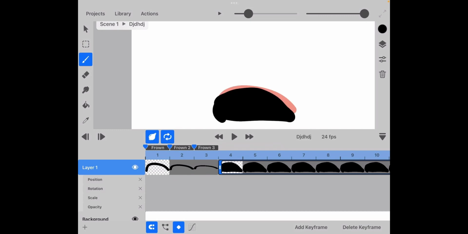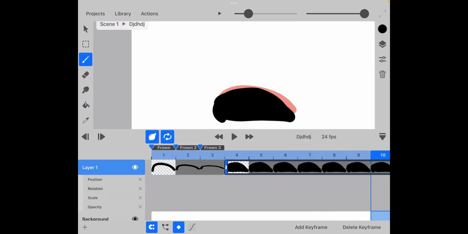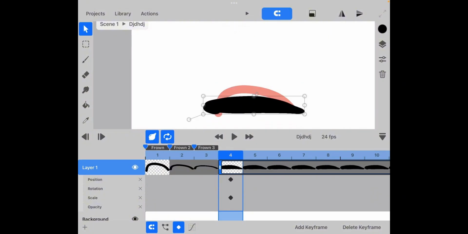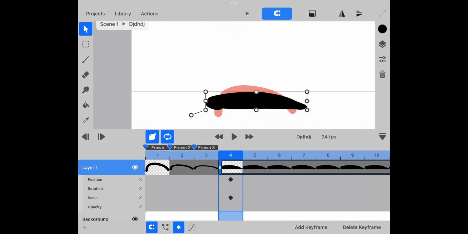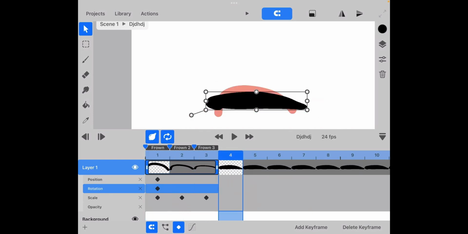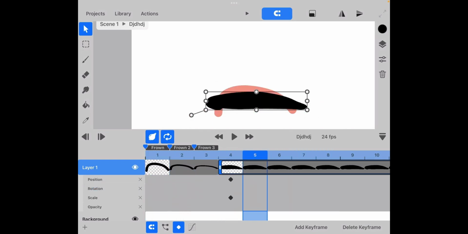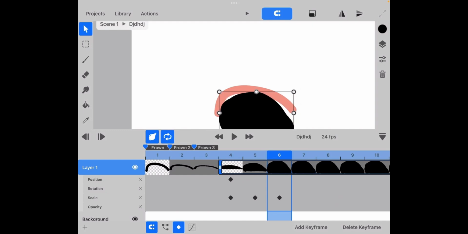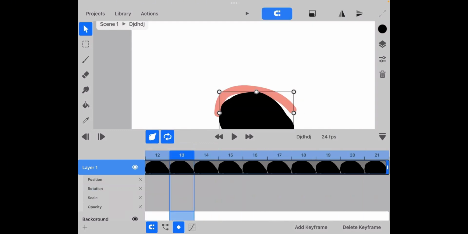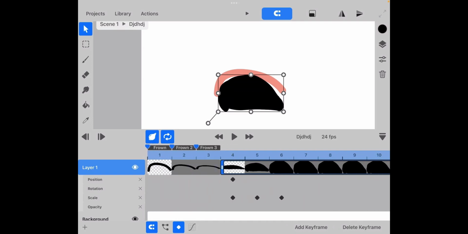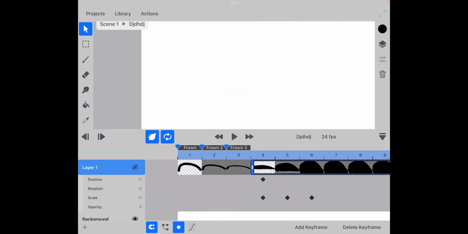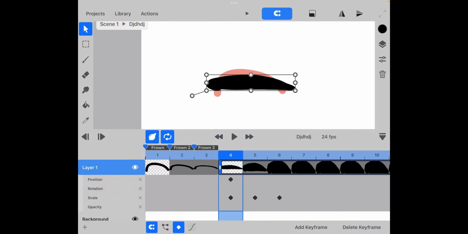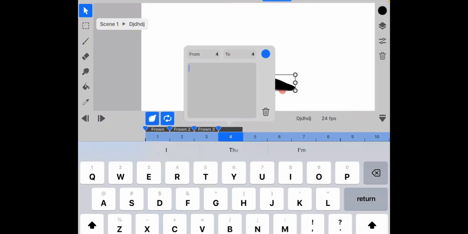Okay, now you squish it, and also make sure you put it right there. And then you want to squish like this. Why do I keep accidentally hitting it? And then if you want to, then this